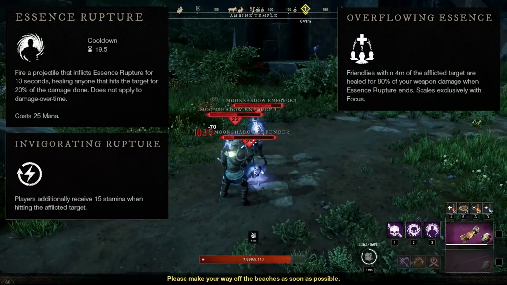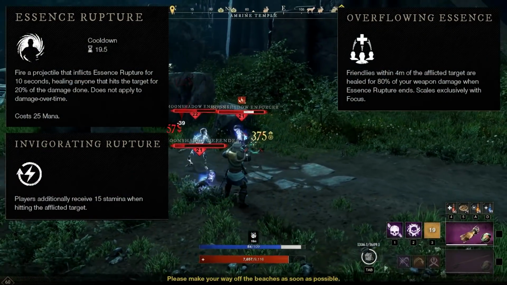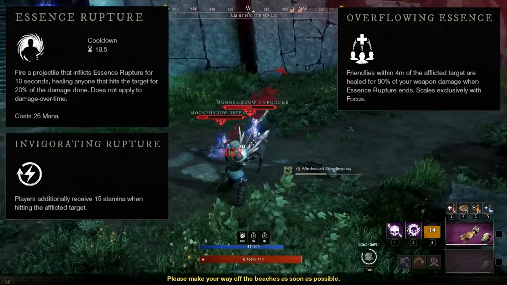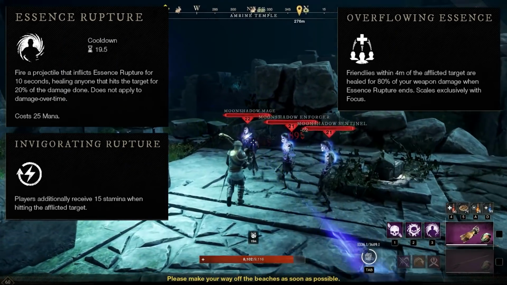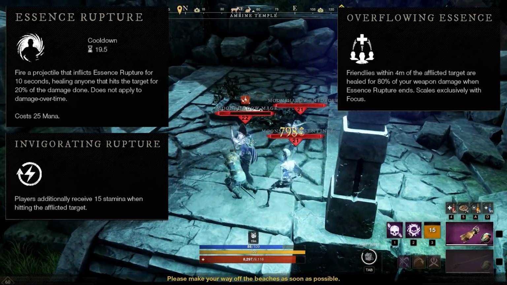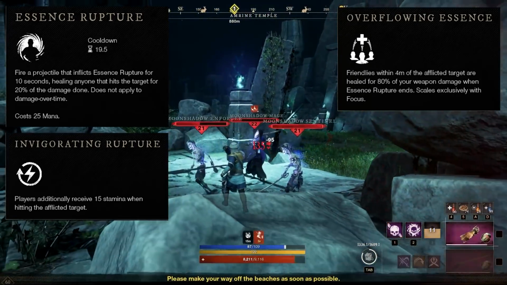And finally, the last decay skill that we've got is Essence Rupture. You fire a projectile at your opponent that puts Rupture on them for 10 seconds, which heals anyone that hits the target for 20% of the damage done. Players additionally will receive 15 stamina when hitting the afflicted target, and on top of it, friendlies within 4 meters of the afflicted target will be healed for 80% of your weapon damage when the Rupture ends, again scaling